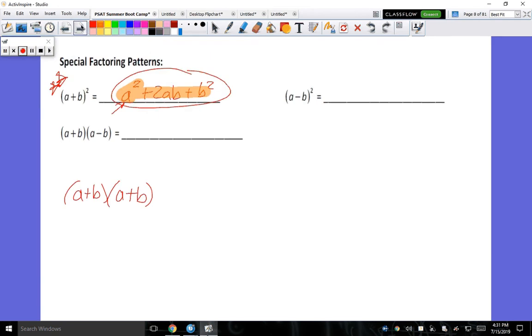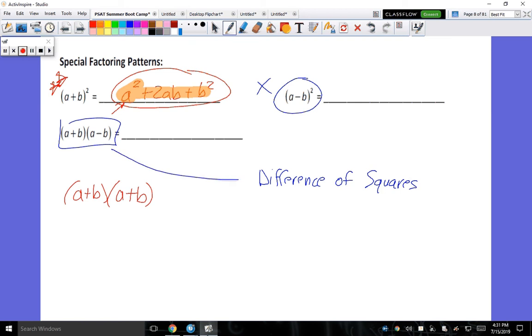All right. These 3 words are shown up here somewhere. Which one of these is a difference of squares? A lot of people think it's this, but it's not. This is the difference of squares. And the reason why that is a difference of squares is if we were to FOIL this out, we get